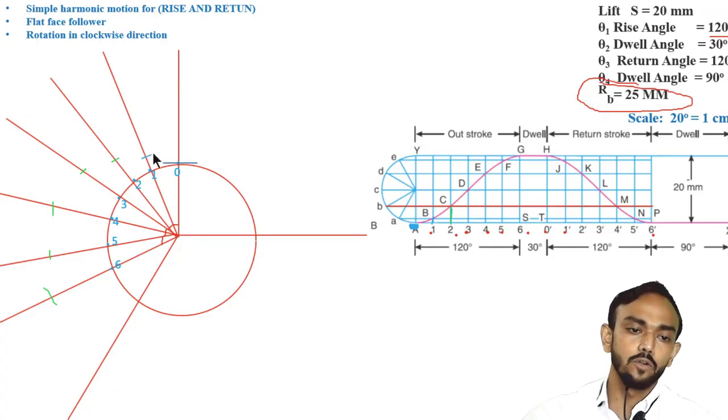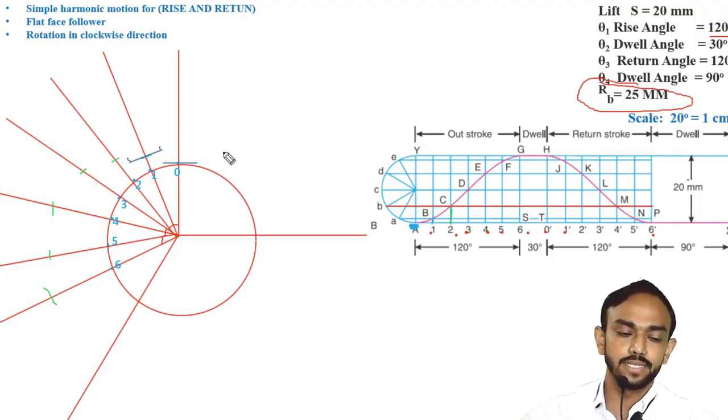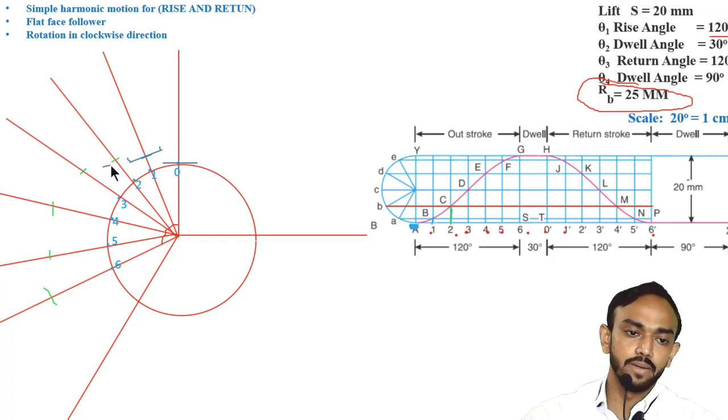Like if I want to draw the flat face here, what I am going to do, 2 centimeter this side, and passing this point and perpendicular to the line, this 4 centimeter I will draw. Okay, and here you can draw these points like this, so 2 points like this. Okay, 2 centimeter this side, 2 centimeter this side. So remember that you have to draw the flat face at every point. Every point length will be the same, 4 centimeter, 2 centimeter each side.